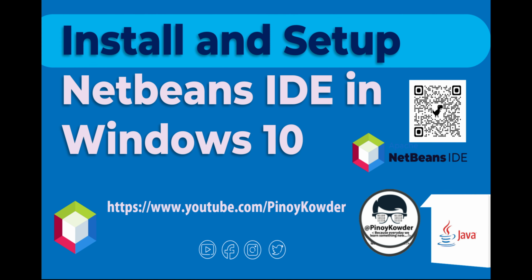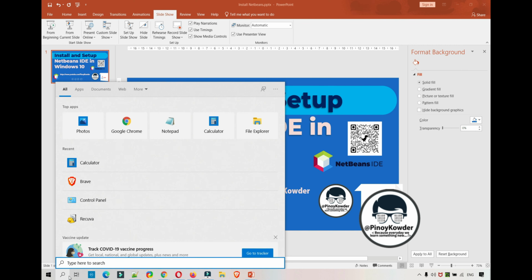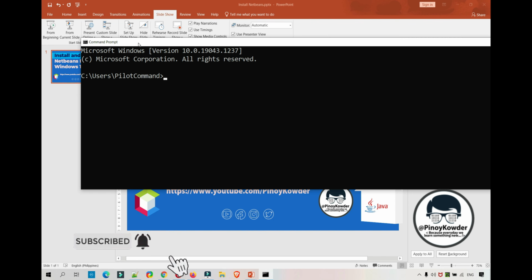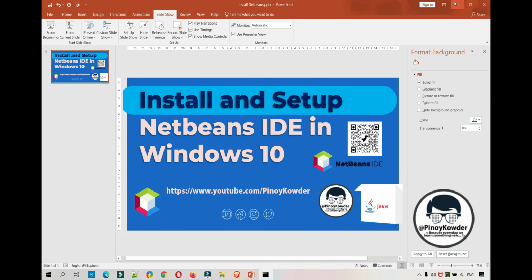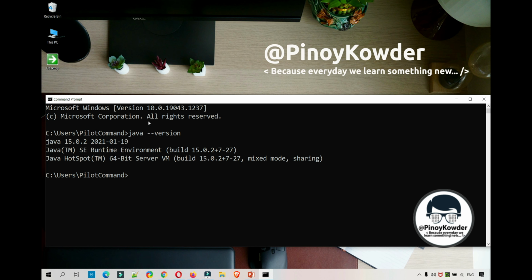To verify kung installed na siya sa inyong PC naman, punta lang tayo dito sa ating Windows Run command. Then type in lang natin dito cmd or command prompt. So right here dito sa command prompt, type in lang natin dito java --version to know yung version ng ating Java, which is in our case Java 15.0.2